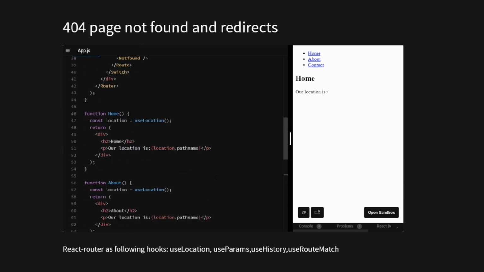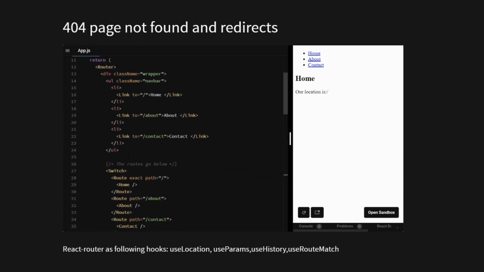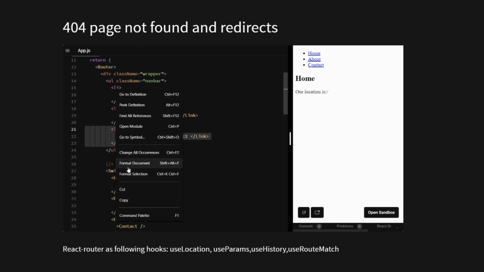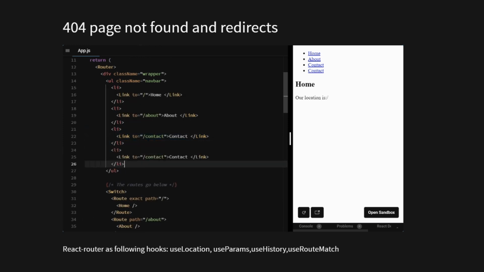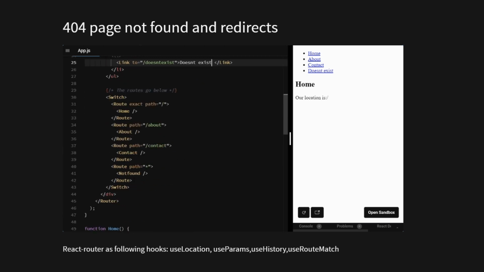So to test this out, we just put in the menu a route that doesn't exist. So we just say doesn't exist. Okay, so create a page that doesn't exist. There's no routes here, so it should say not found. I think you have done so. So that's how you do